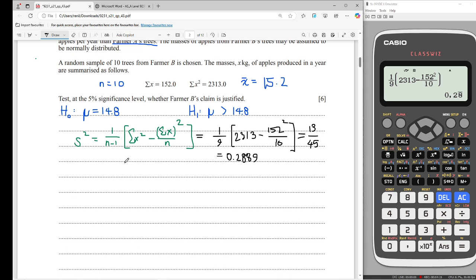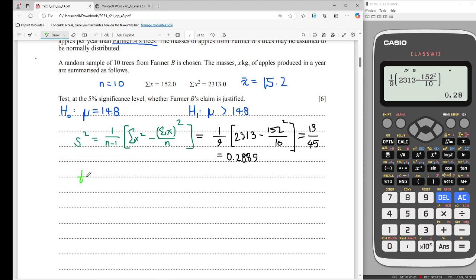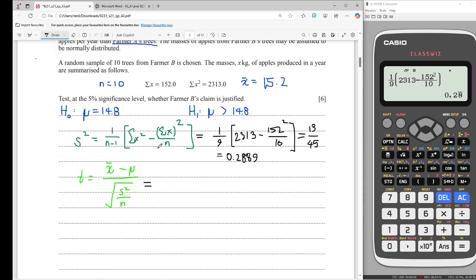now we have to do the testing. To find the test statistic, there is a formula for that as well, which is T is equal to x mean minus mu, which is the stated mean, the whole divided by the root of S2 by n. Now that we've calculated S2, we have all the values that we need to proceed with this calculation. So sample mean x is 15.2, minus mu, which is 14.8,